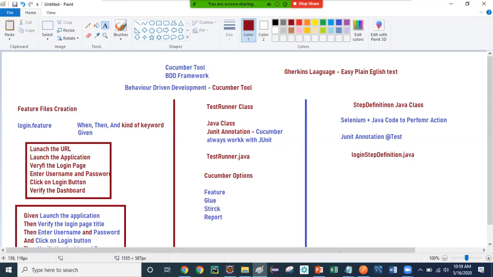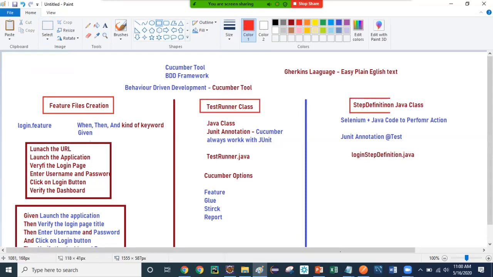So guys, we have three things. You got my point. We have feature files, let me circle it. If you just joined, we have feature files with the .feature extension, then the test runner Java class with the .java extension, then another Java class for the step definitions, where you have all the step definition information. That is called the Cucumber framework. If somebody asks how the Cucumber framework works and you explain it like that, you will get 10 out of 10.